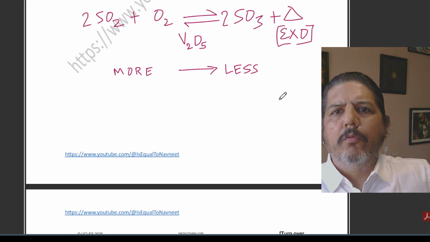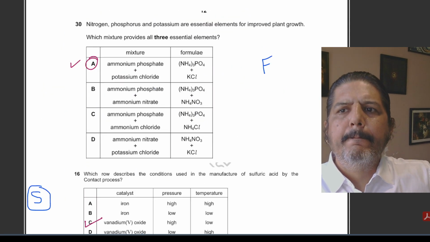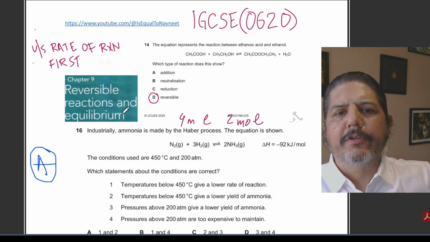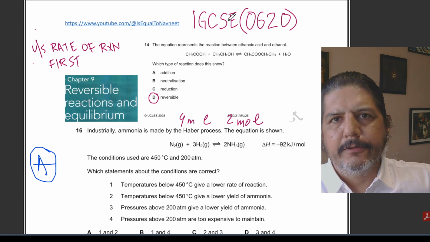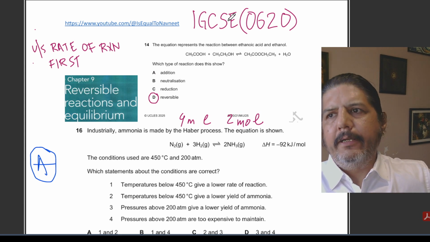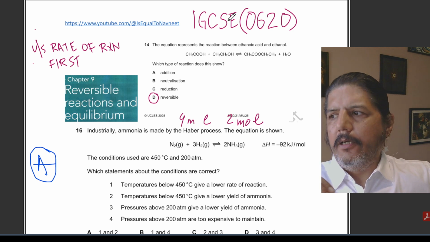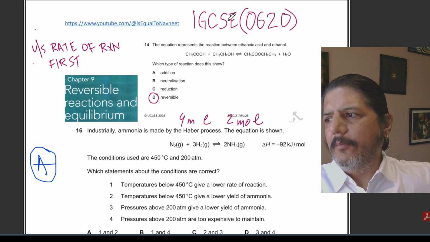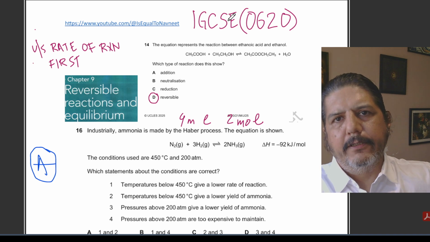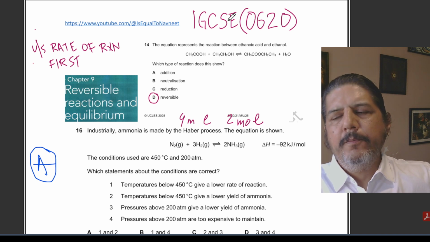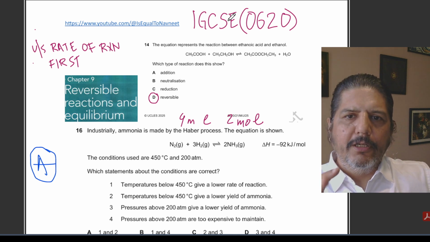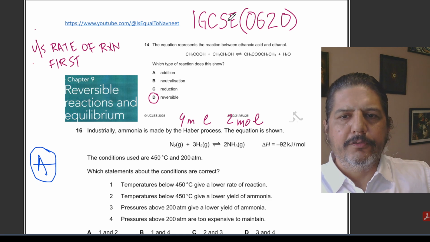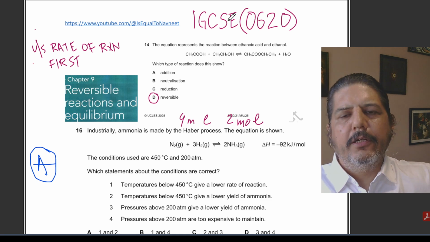So basically for reversible equations, equilibrium, we would have spent around 2 hours. So around 1 hour 10 minutes on the first part, around 20 to 25 minutes in the second part where we did sulfuric acid, and around 20 minutes here. So what I can promise you is that if you have spent these 2 hours with me doing all the previous year questions, there is no way in which you can lose any mark.